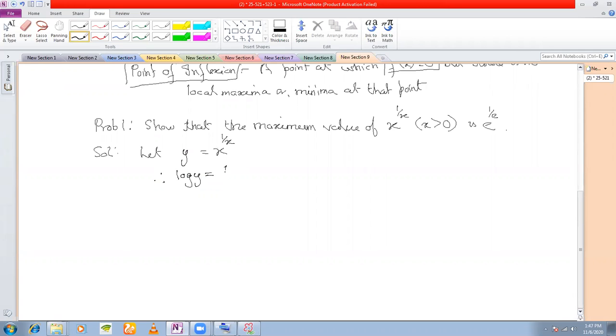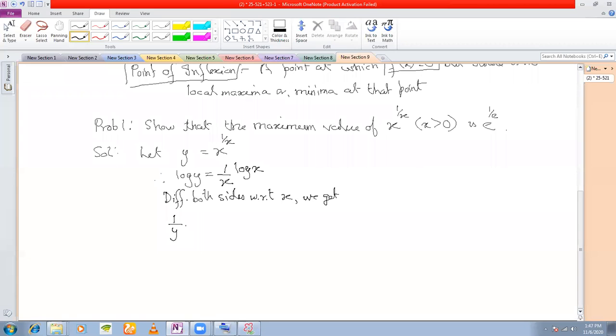Log y is equal to 1 by x log x. Now you differentiate both sides and find dy dx. Differentiating both sides with respect to x, we get